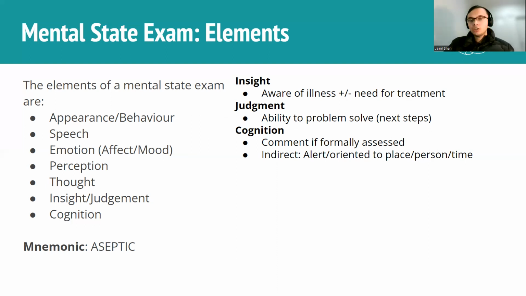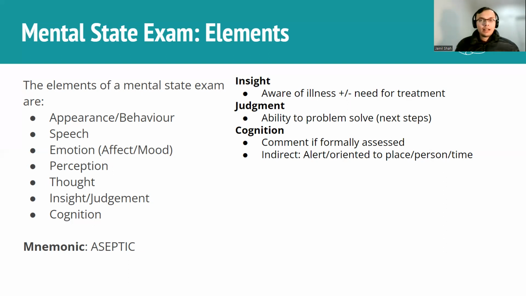And then finally, you have cognition. Cognition is something which you usually don't formally assess in a mental state exam, because as we look at in the next slide, to test cognition is testing all the different lobes of the brain if they're intact and if they're functioning. And that usually requires quite a long multi-step process or a questionnaire. So you will normally not formally assess that. Instead, what's most